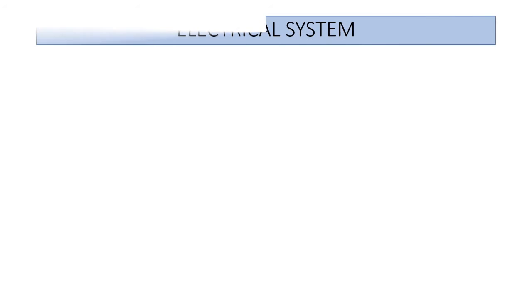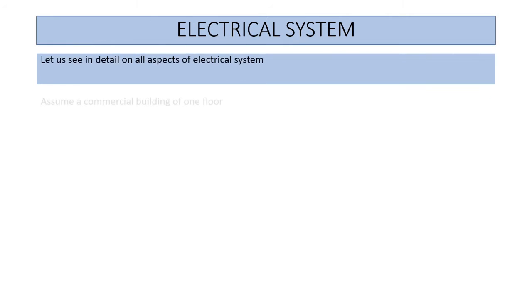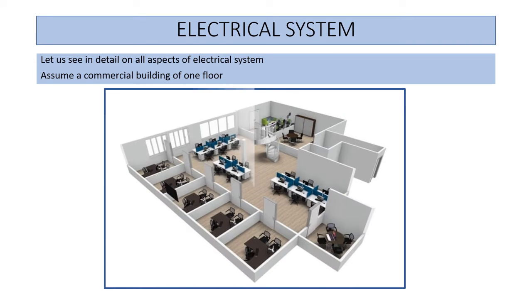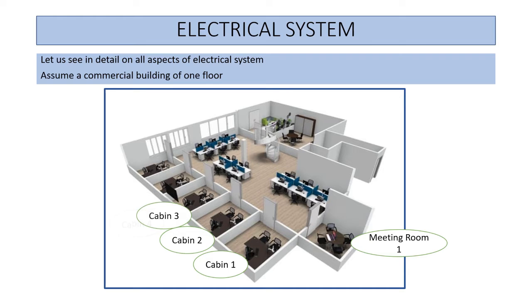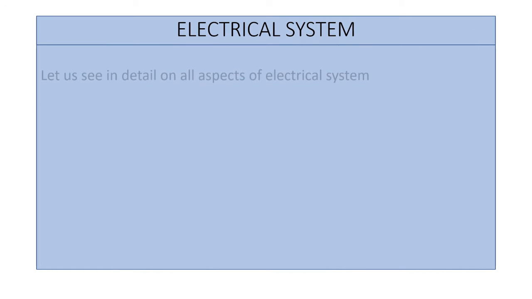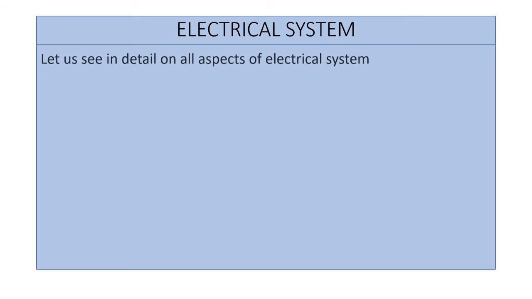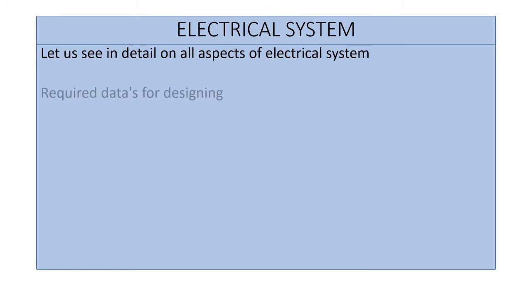By knowing the type of building and the type of occupancy, only then can you identify the load. Here we are considering a small office which has a meeting room and a few cabins. We have 5 cabins in this office, along with a CEO area. There is one restroom, and we have 3 clusters of workstations, around 16 workstations. So let us see what details are required in this office to prepare the load schedule.